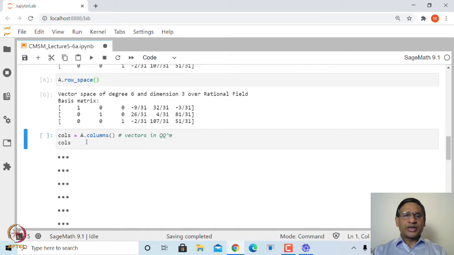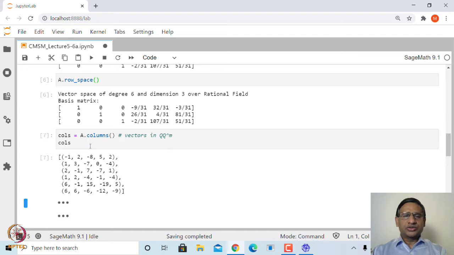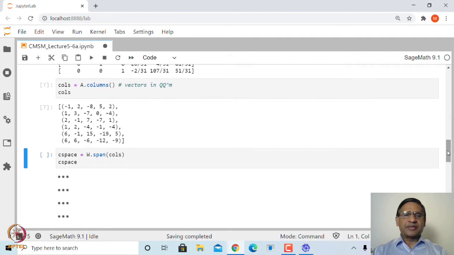Similarly, you can extract the columns of A by A.columns. Here the first column is a vector in Q^5, and then we can obtain the subspace spanned by these 6 columns.